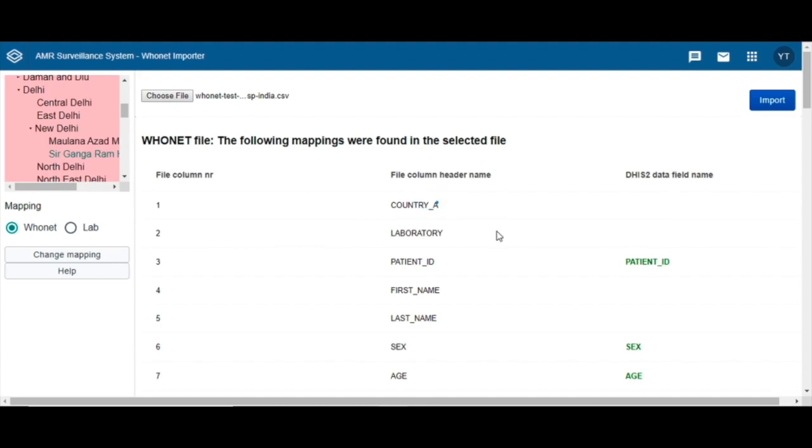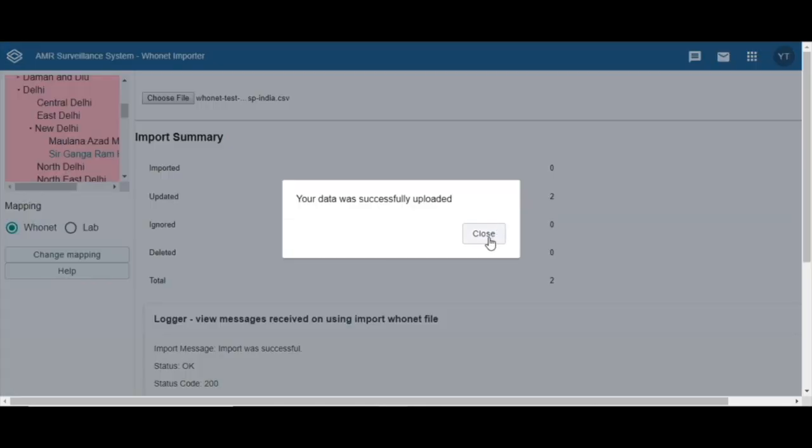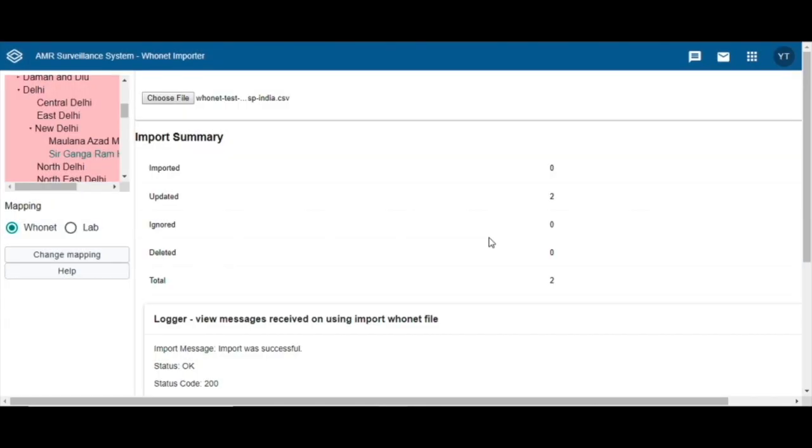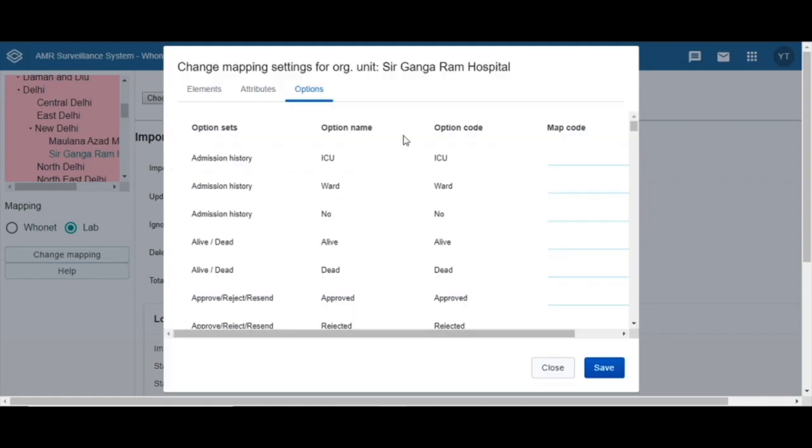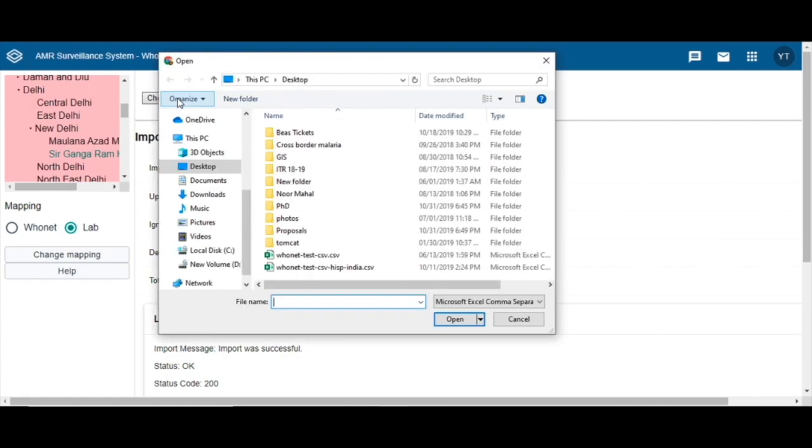the resistance pattern longitudinally. With every hospital using different laboratory information systems, a facility-specific functionality to add data elements, attributes and option set codes has been developed. A one-time exercise to add the codes can be done and the facility can use the application to import the